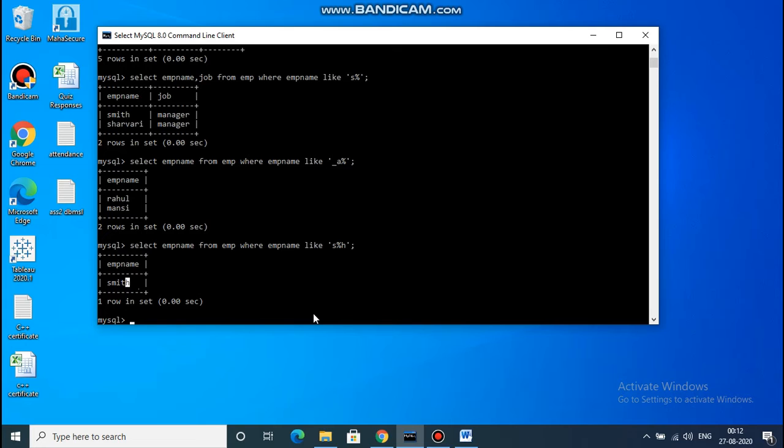The next DML query: display employees whose name length is 5 and starts with S. Again we use the select statement: select emp name from emp where emp name like S, started with S, and after that we have to provide underscores, one, two, three, four, because we have to check the length is 5.